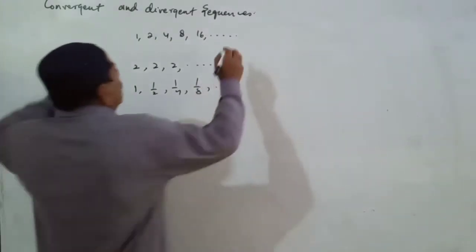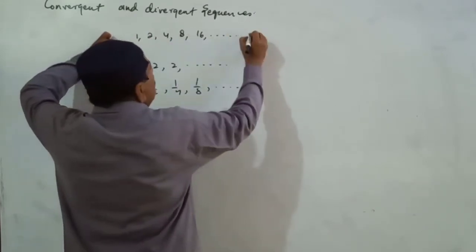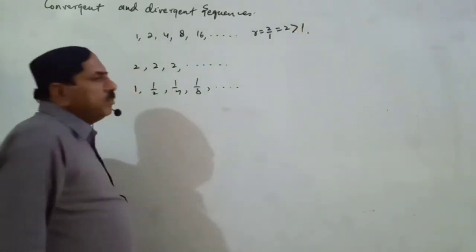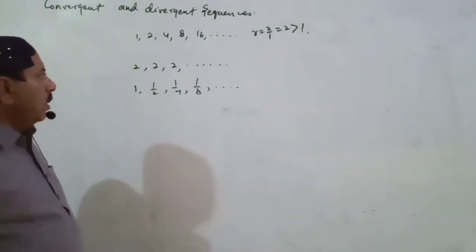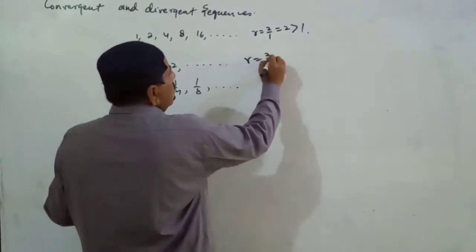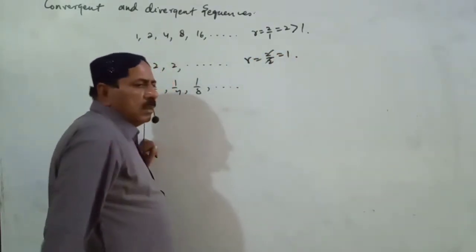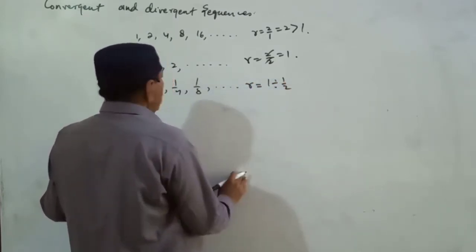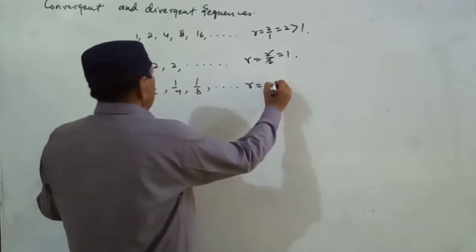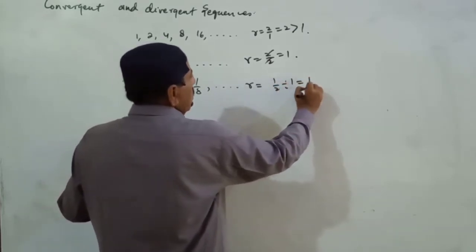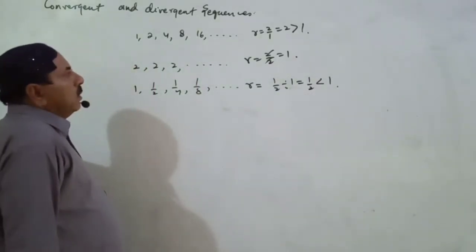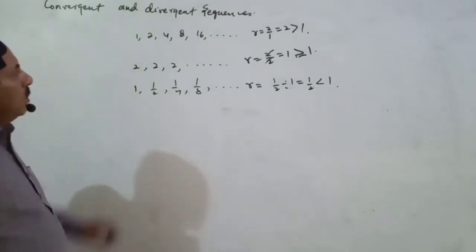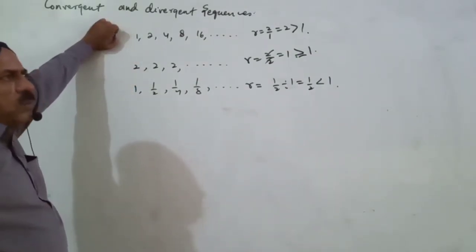Here, the ratio of this sequence r is equal to 2 upon 1 is equal to 2, which is greater than 1. Here, r is equal to 2 upon 2 is equal to 1. In this condition, r is equal to 1 upon 2 divided by 1 is equal to 1 upon 2, which is less than 1. So if the ratio of any sequence